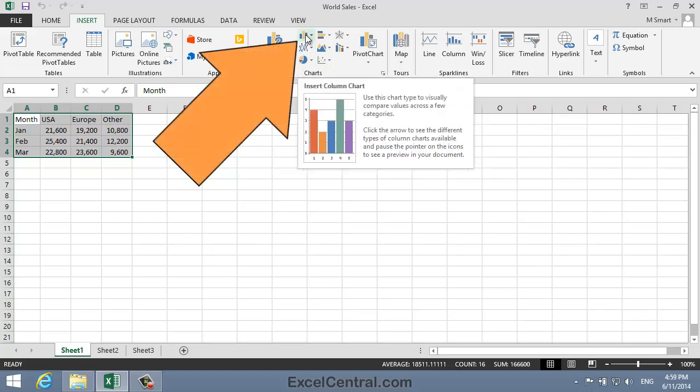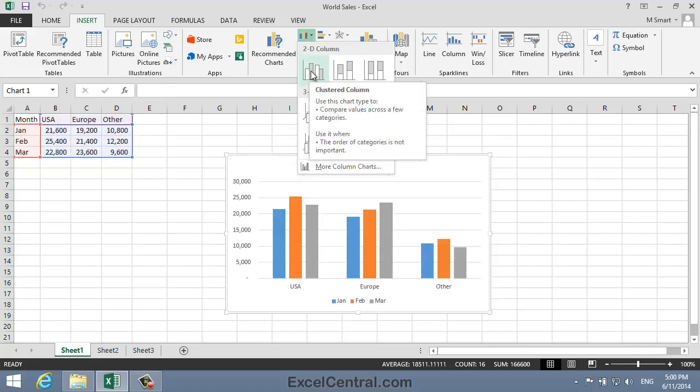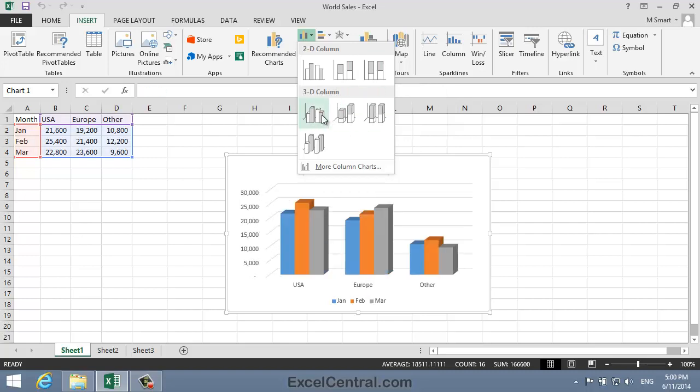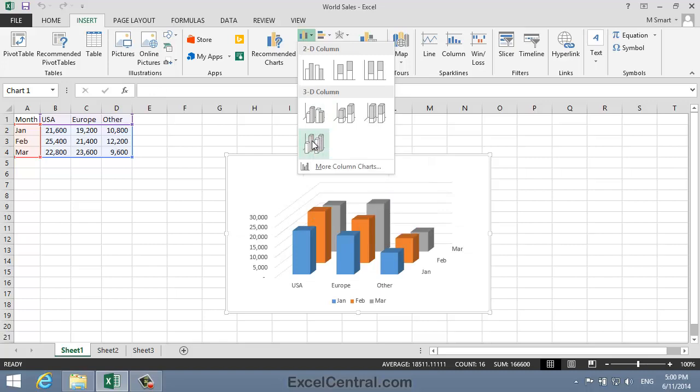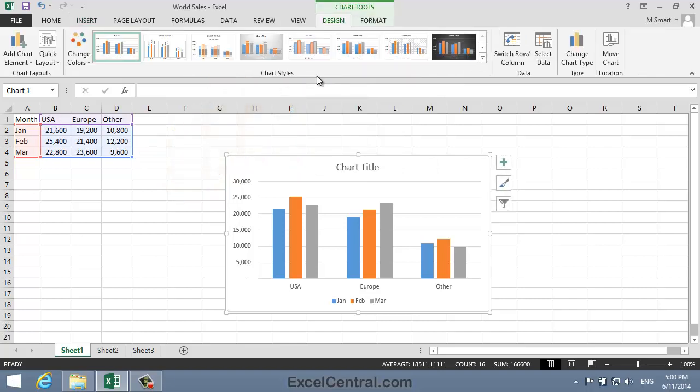I'm going to select a column chart, so I'll click, and then a chart gallery appears. Because this is a gallery, I can hover over each of the different column chart types to preview how the chart would look. So I'll start with the first icon. Let's look at the other chart types. I think I'll settle on the first chart type. That was the 2D column clustered column type. So I'll click, and I already have a very presentable chart.